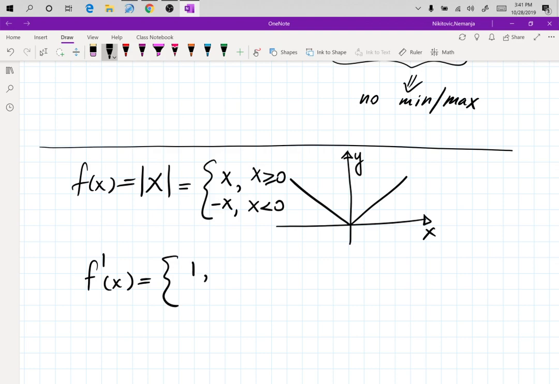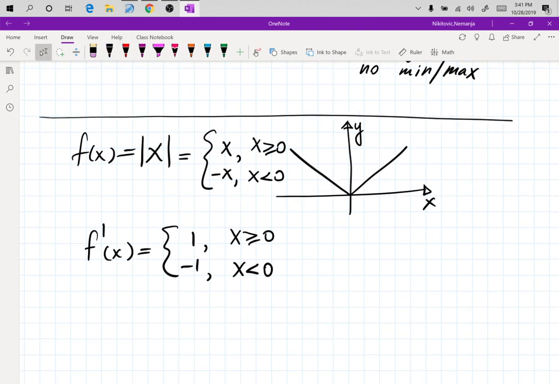So you have 1 for all x's bigger or equal than 0, and negative 1 for all x's smaller than 0. And if you consider the derivative graph, which I'm going to draw in red over here, so this is going to be y prime, you will have negative 1 from this side and positive 1 on that side. You see that there is no derivative